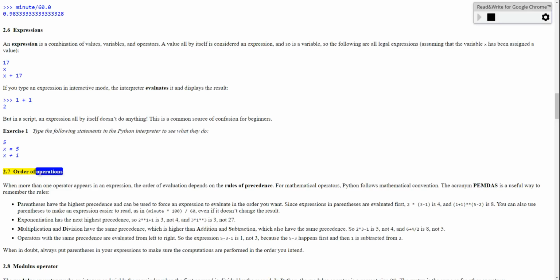2.7 Order of operations. When more than one operator appears in an expression, the order of evaluation depends on the rules of precedence. For mathematical operators, Python follows mathematical convention. The acronym PEMDAS is a useful way to remember the rules. Capital P. Parentheses have the highest precedence and can be used to force an expression to evaluate in the order you want. Since expressions in parentheses are evaluated first,